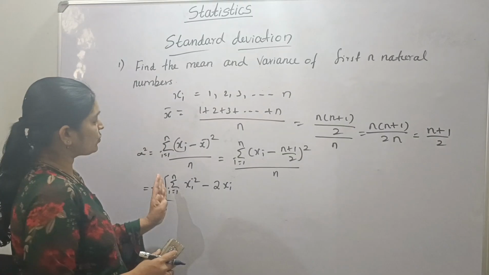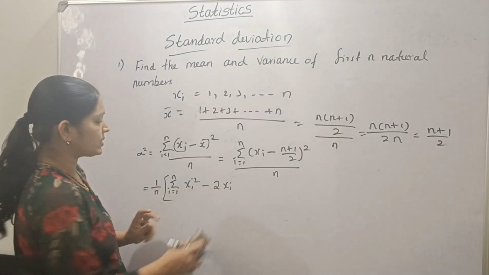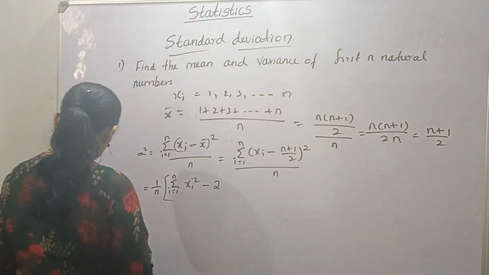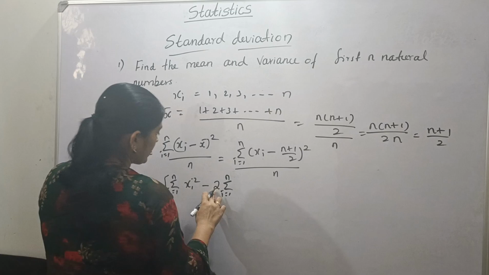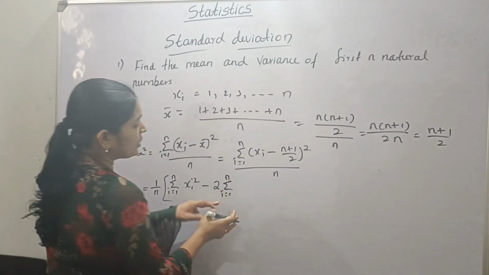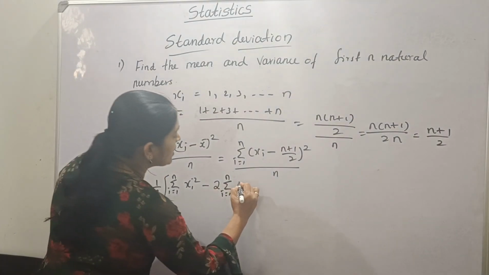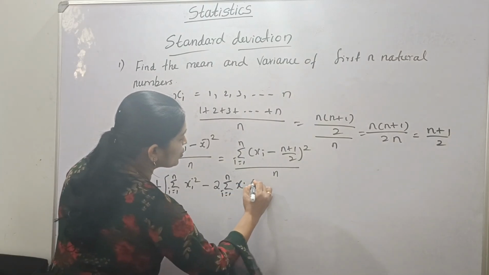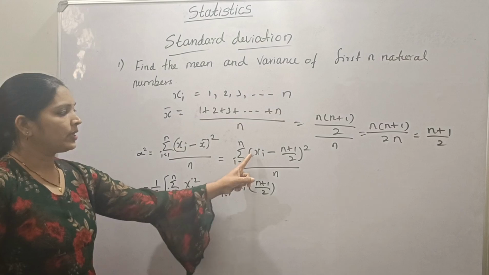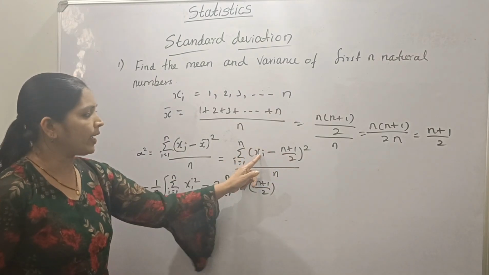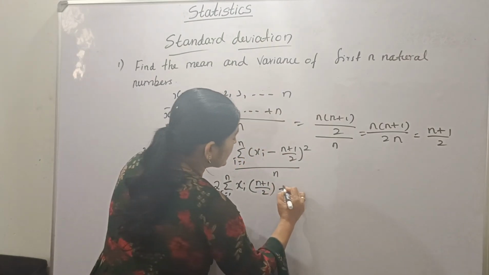We have to apply this sigma to each term. So the sum from i equal to 1 to n of 2xi into n plus 1 by 2, taking 2 outside, that is 2ab, plus,